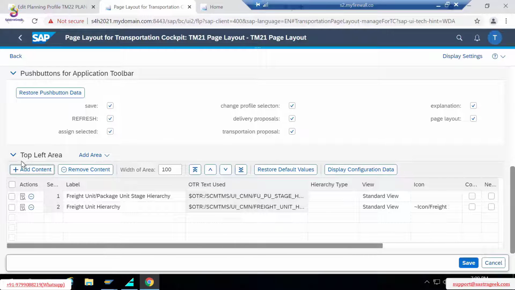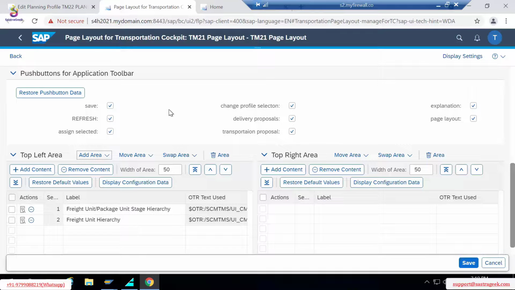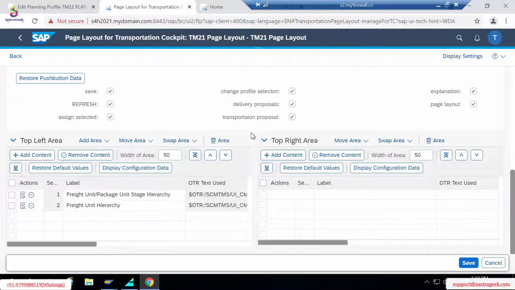Then what are the other options for us? Let us see top right. It is giving you a provision in the add area, saying top right you can add if there's anything you want to do. So when you click on that, top right will come on the screen. The top right area will appear. Again, in the top right area, it will ask add content. Then what do you want to add? So here we have added this